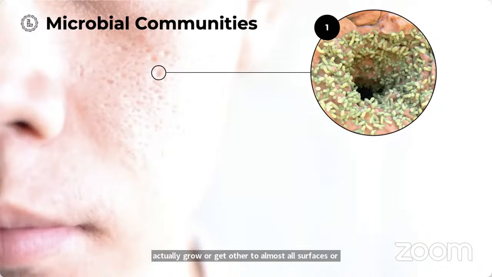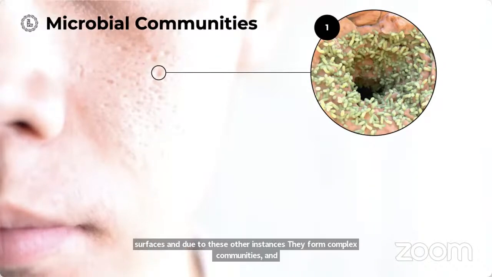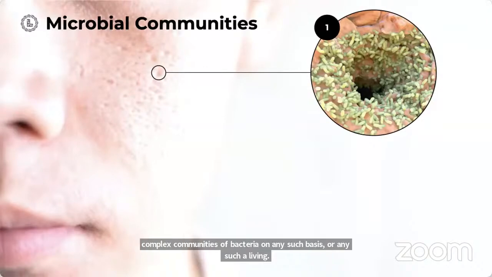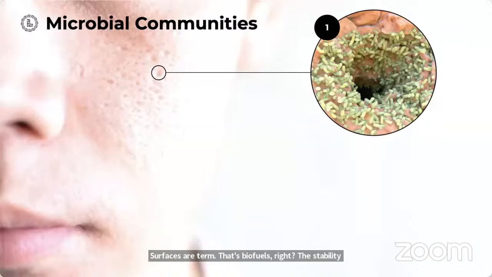And due to these adherences to every surface, they form complex communities. These complex communities of bacteria on any such surfaces or any such living surfaces are termed biofilms, right? The stability of these communities is probably very important, and fascinating to understand